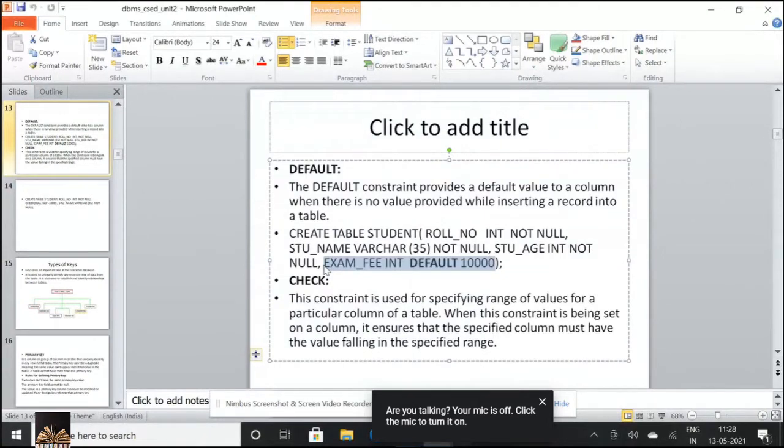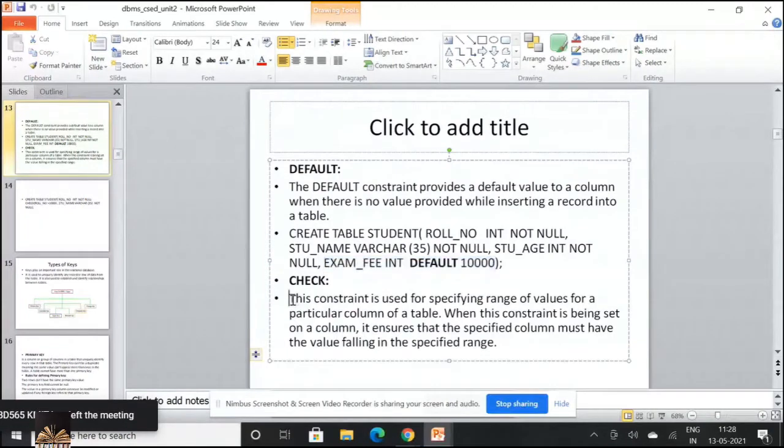Now, check constraint is used to check for a particular range of values with respect to a column. So if at all you say that you want to create a table for a student who is eligible for voting. So I want to store the data of students who are eligible for voting.